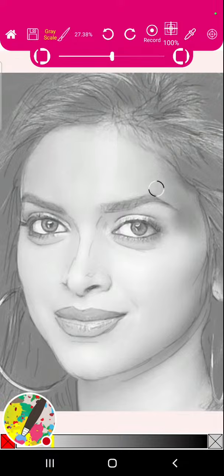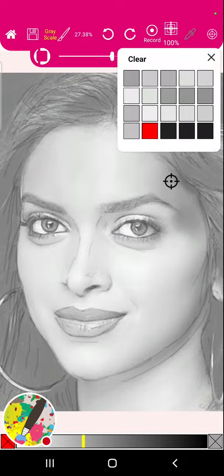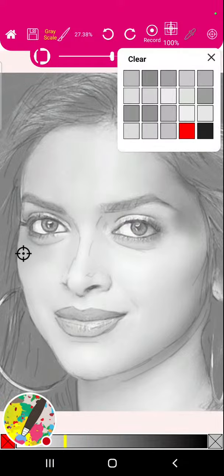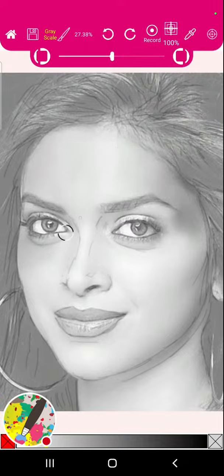Make sure you select the color picker. So let's go all the way around the face. This is a new approach I'm using, the color picker. And why am I using the color picker? Because it allows me to pick these shades. Because remember, we're learning about tones. Color picker,